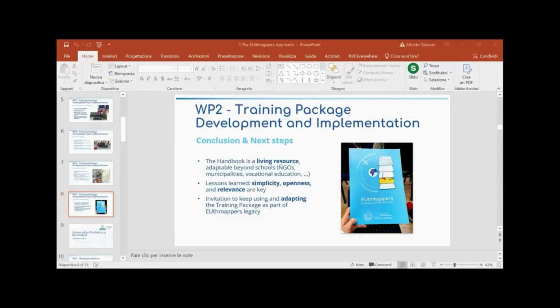Conclusions. With respect to EUthmappers, we hope that the schools that were exposed to this project want to go ahead, want to be the champions of this initiative, and go ahead in creating this network of mappers. I believe that the schools have to do that because this is the right level. They can have some support from the universities, but it is the schools that have to decide.